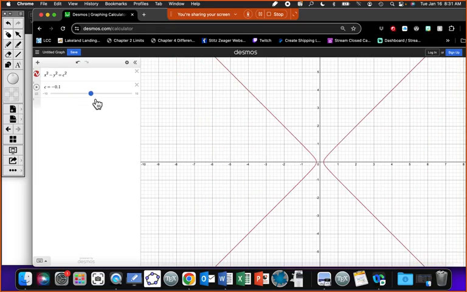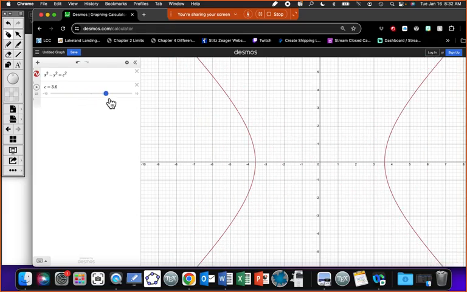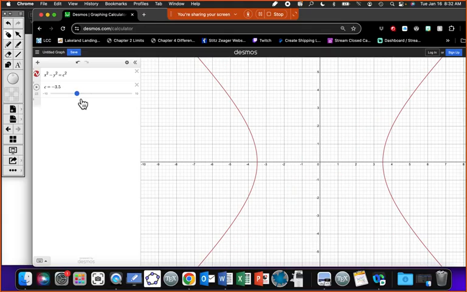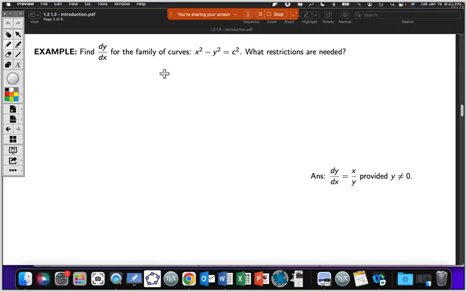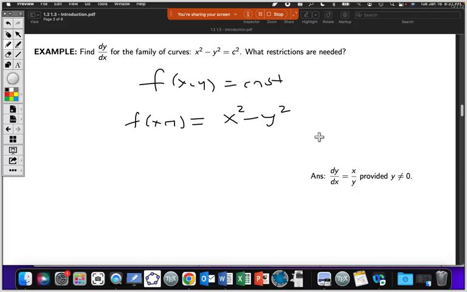Here's your hyperbolas. And we're going to be using Desmos again, two-dimensional Desmos, when we graph solutions to these diffy-qs and things like that. So I'll leave this to you here. Remember, you want to get everything f of x y equal a constant. So in this particular case, you just got the x squared minus y squared. You go through the shenanigans, you're going to get dy dx is x over y,